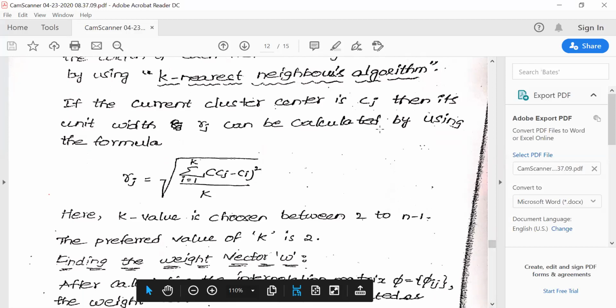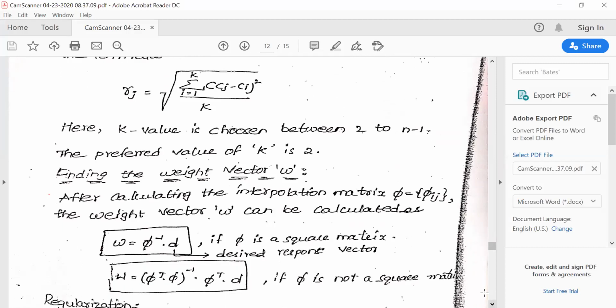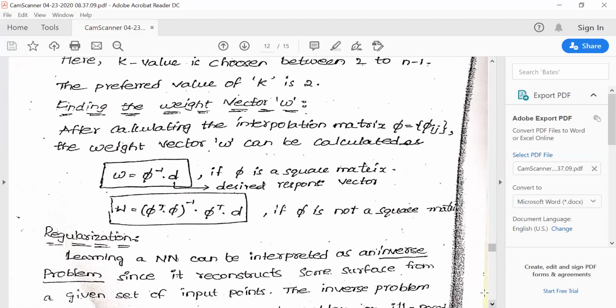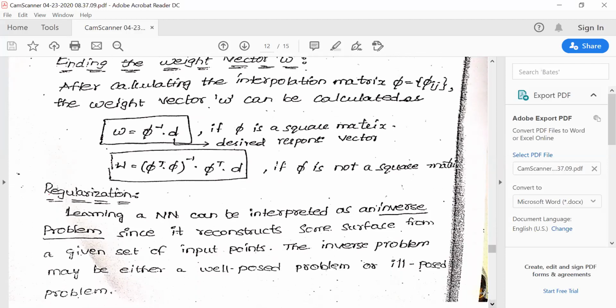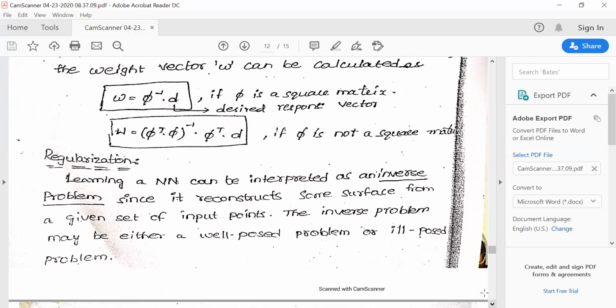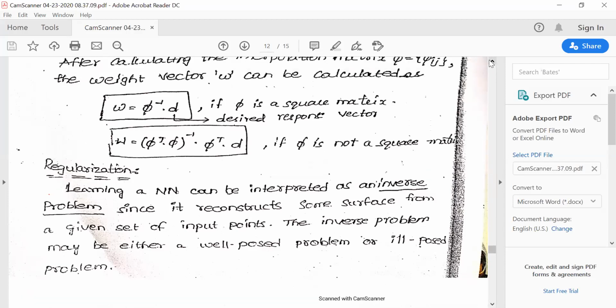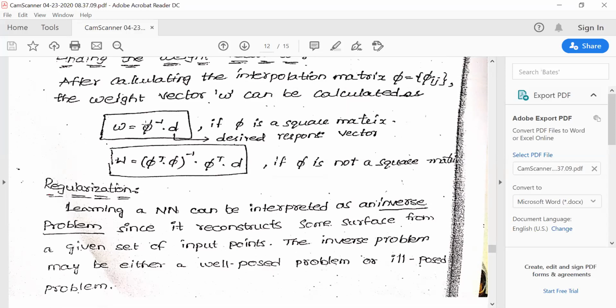So that width also needs to be identified. Remember one thing, that these R and C are required only when your radial basis function contains these terms. Otherwise, if you go with a simple RBF function, you don't need to calculate any center. In our example, we assumed two centers. We did not calculate any centers. We assumed the two centers as 1, 1 and 0, 0. But for real-time problems, you need to calculate the centers also. You cannot choose them randomly. And once you identify them, once you map using the radial basis function, the final step will be calculating W. You need to remember these three steps.